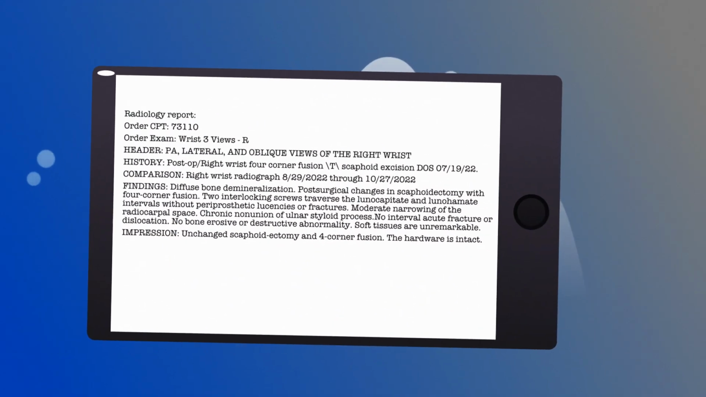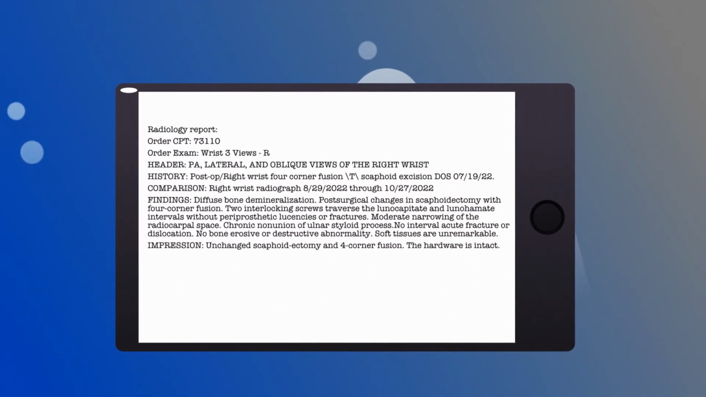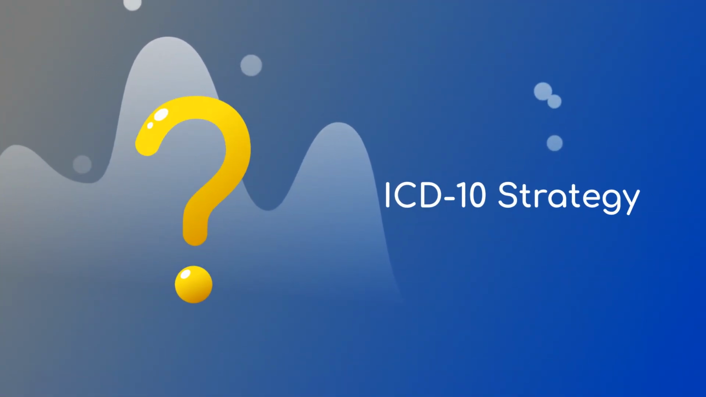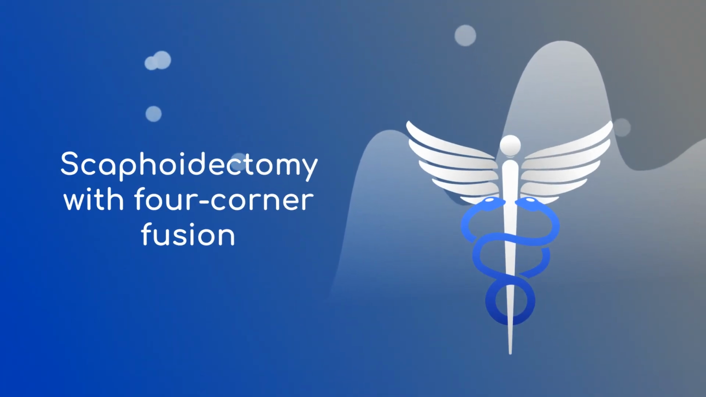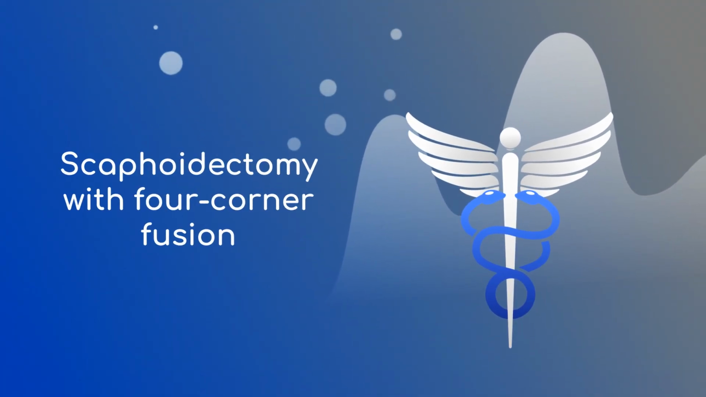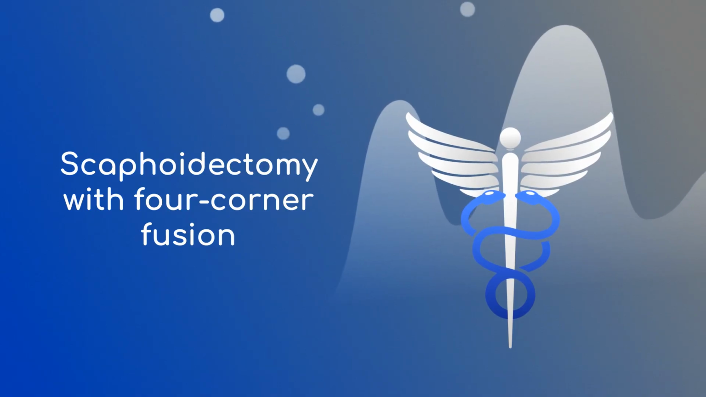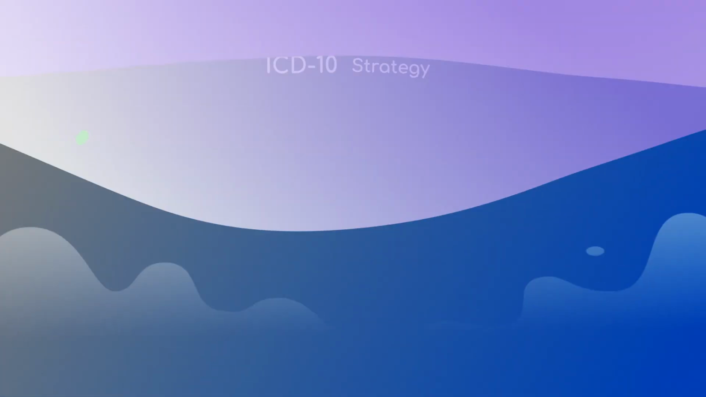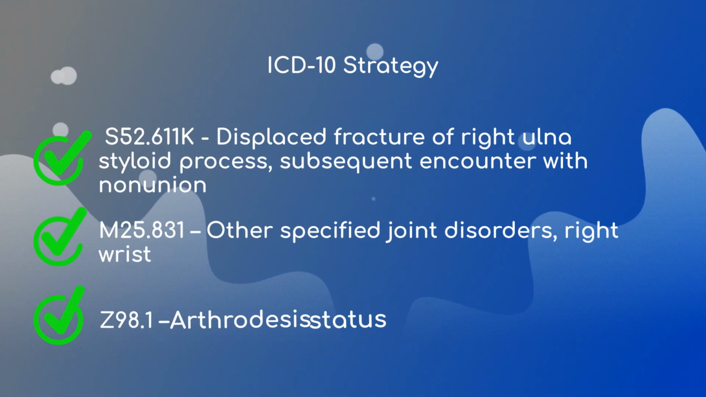Hardware is intact. Let's look at the views. PA view, lateral view, oblique view. That's a total of 3 views. This qualifies for CPT code 73110, radiologic examination wrist, complete, minimum of 3 views. The report findings state that the imaging is a follow-up after a documented 4-corner fusion and scaphoidectomy. The report confirms hardware stability and chronic, unchanged bone findings, including demineralization and non-union. The most appropriate ICD-10-CM codes are